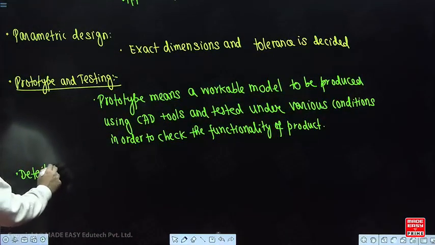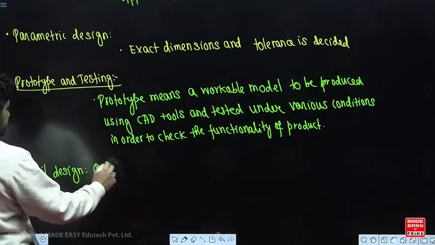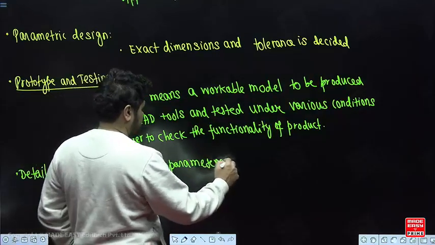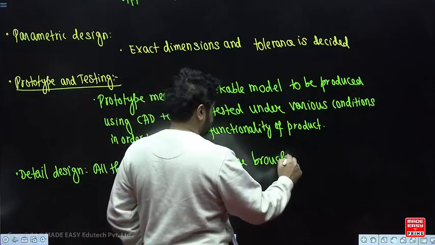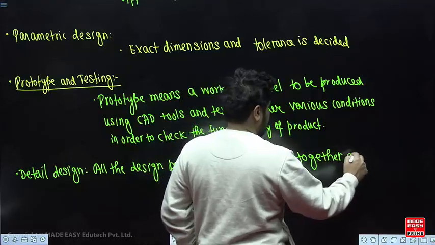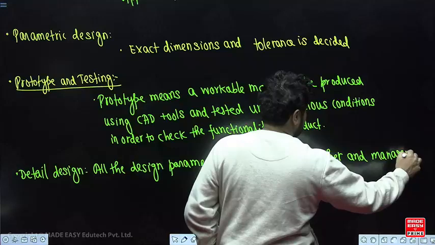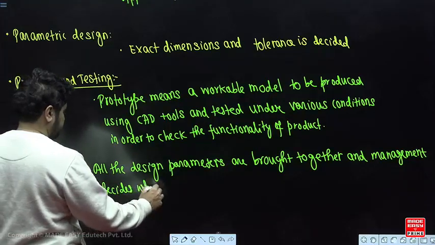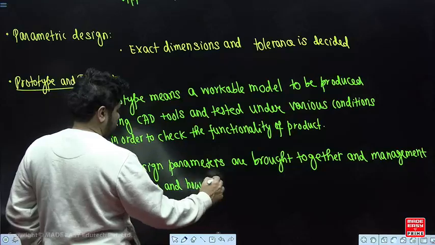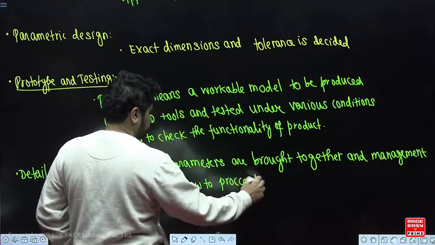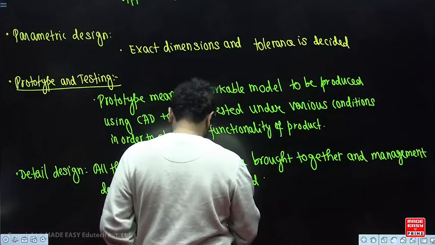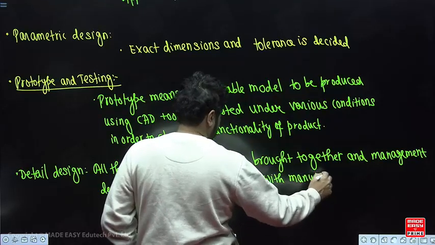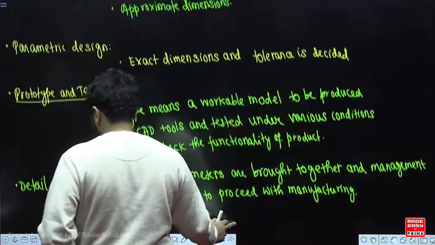And finally we have detailed design. So, what is detailed design? So, all the design parameters are brought together, and management decides when and how to proceed with manufacturing. Correct. So, this is all about your